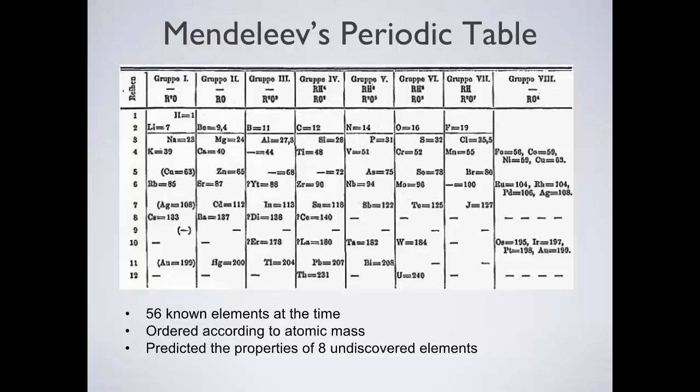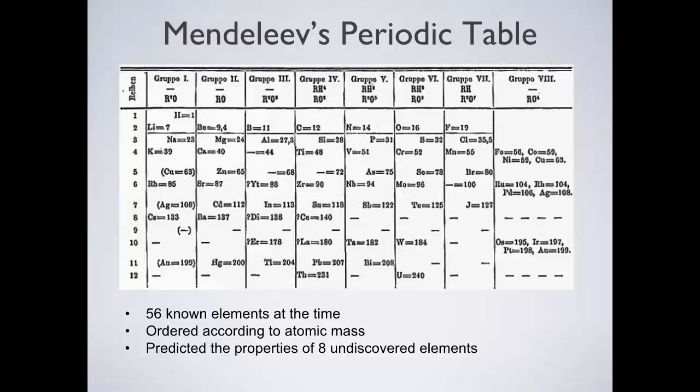First off, their mass increases as we go left to right through the periodic table. That's how he ordered them. And he put them in a way so that the elements in one column all had similar properties to one another. Everything in this group, lithium, potassium, sodium, they have similar properties. They behave in similar ways. And so you have this repeating pattern. That's why it's called a periodic table.